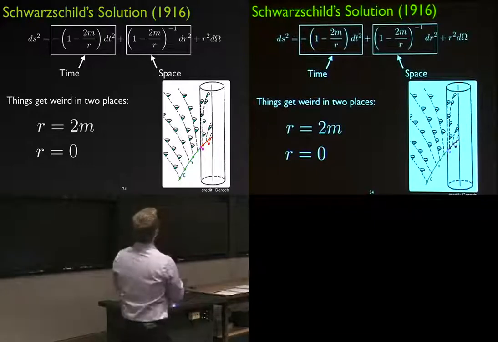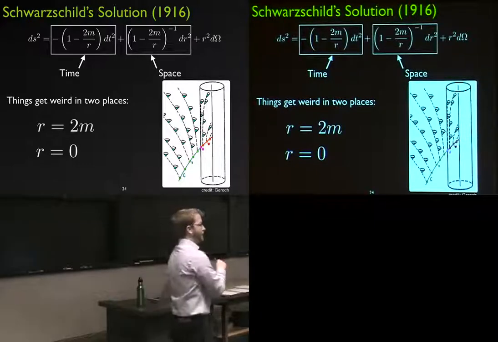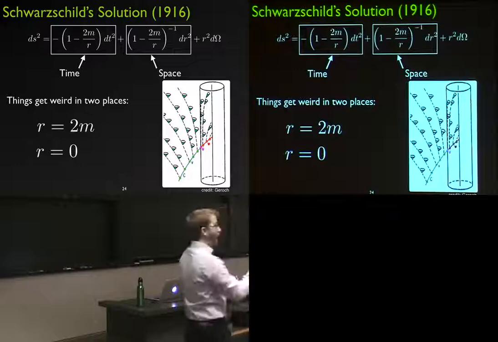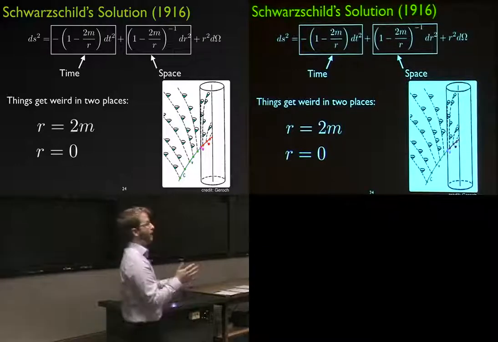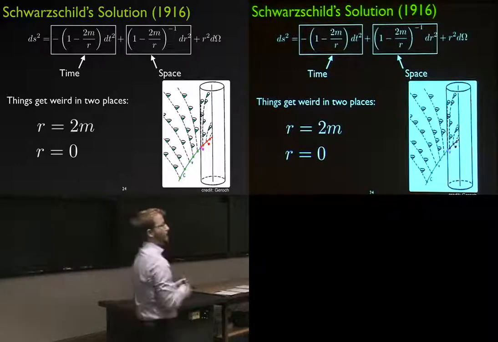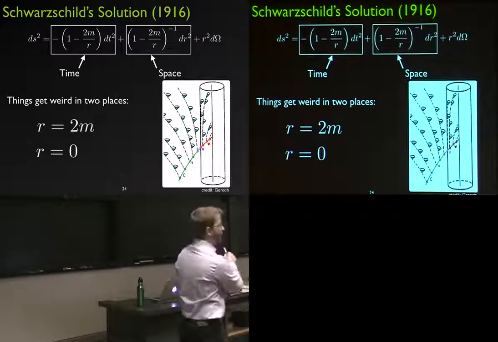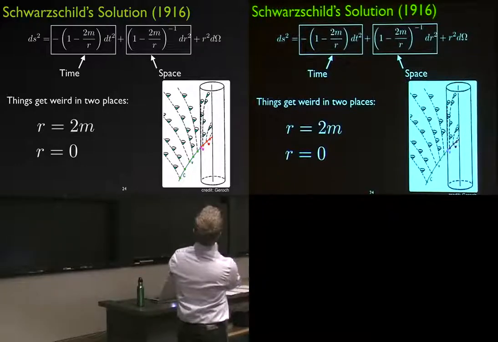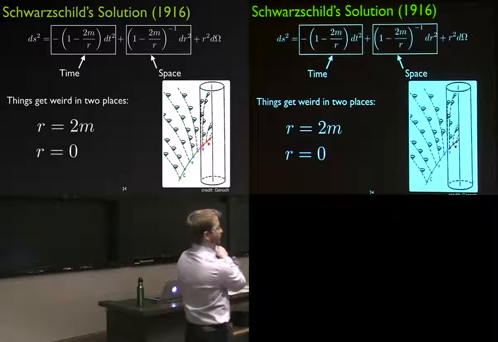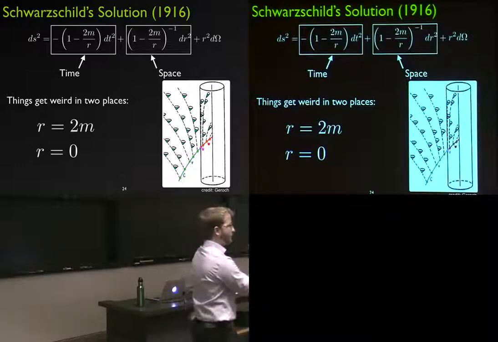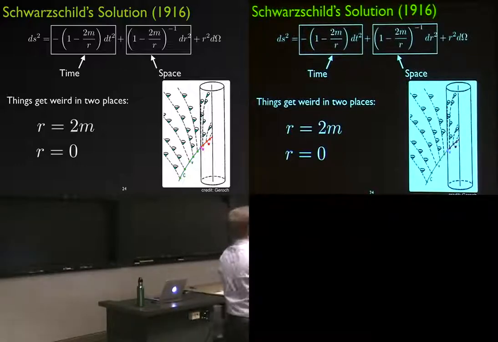So yeah, I didn't want to go into too many details about the equations. And if you have more questions, especially after the talk, I'd be happy to give you really detailed descriptions of what this equation is actually saying. But the cartoon picture of it is that this S that you asked about, which is a good question, is just a little distance in space-time that we want to look at the curvature of. And this is describing the time component of it. These are describing the space component of it.